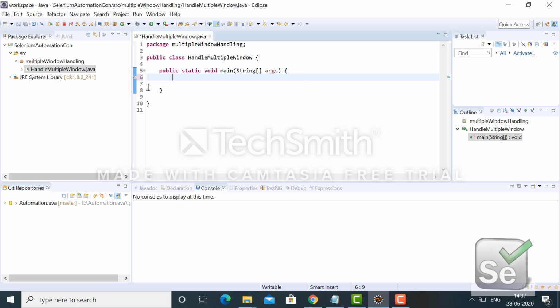So let's start with that. Here I am taking another static method, public static void, and I'm giving the name launch website.